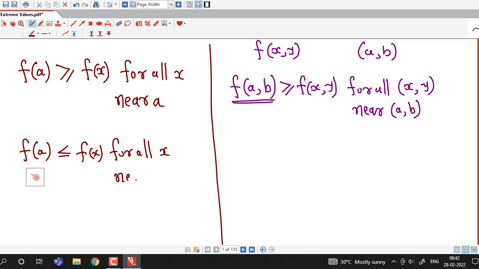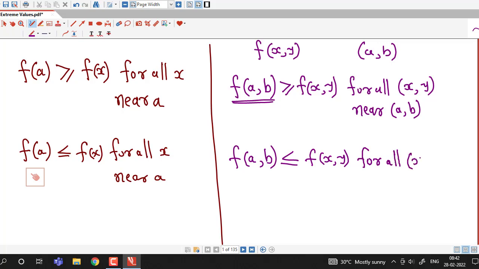For all x near a. If this happens, then we say that f of a is local minimum. So here also, instead of function of one variable, we have function of two variables. If f of (a, b) is smaller than f(x, y) for all points (x, y) near (a, b),